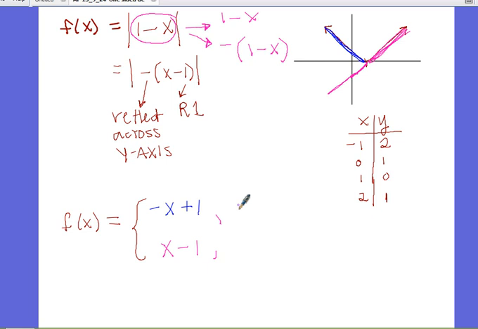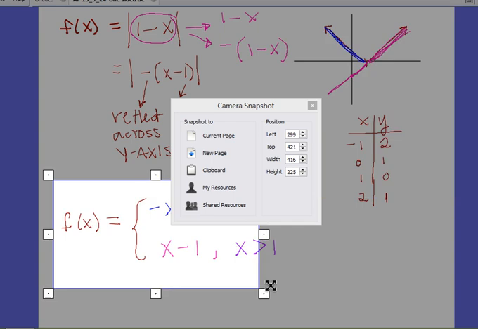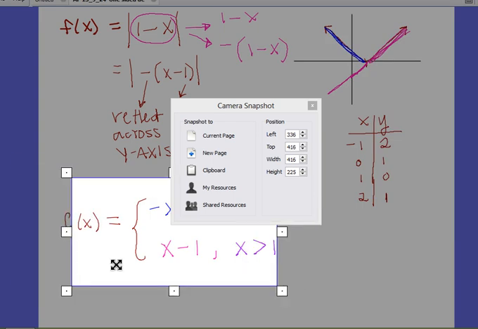Now that you have that, you also have to create the bound. And the domain for the left side would be less than 1. The domain for the right side would be greater than 1. Where do you put the equal sign? Well, it's a continuous function because it's absolute value. You can put it at either of the two. So now that I have that, we are going to set up